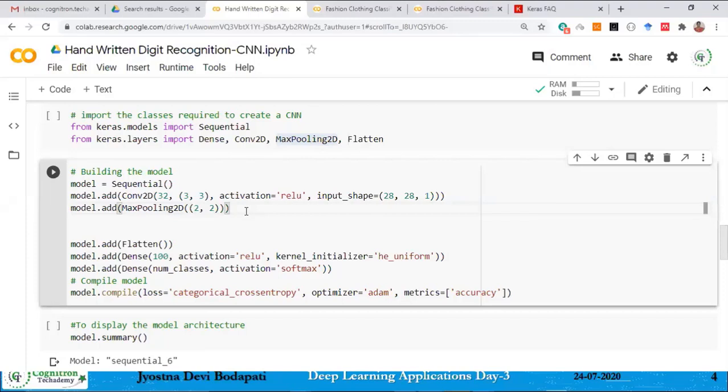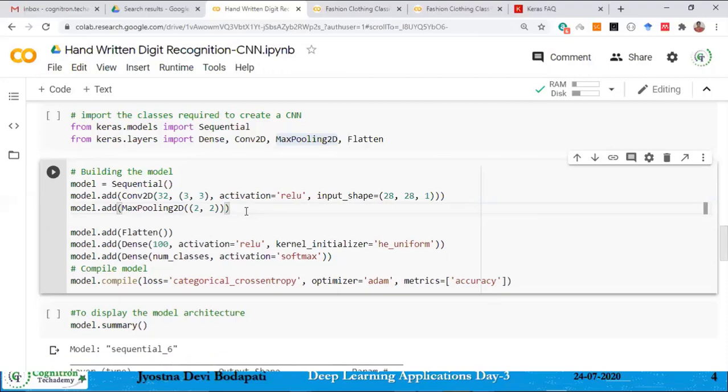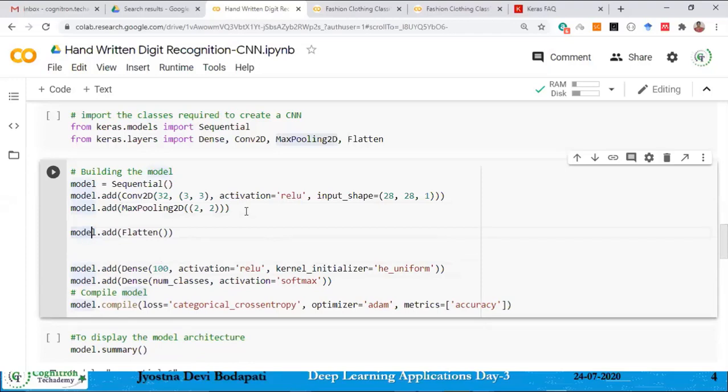Once you are done with this, I am just using one convolution block. Convolution block means the convolution layer, then the max pooling layer, then you have to flatten that, followed by the dense layers. So we are going to create that model. Later on, we'll increase the convolution blocks. That's not a problem. Let's see how to add a flatten layer. Flatten layer can be added again using the model.add method, and just call the flatten method. Flatten does not need any argument. You just simply pass the flatten class object. That is how you are creating your flatten layer.